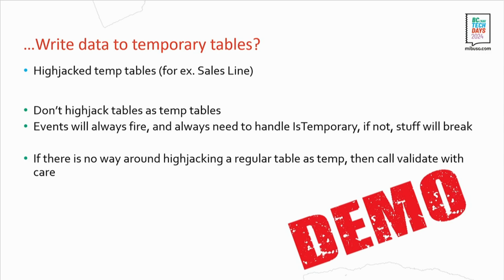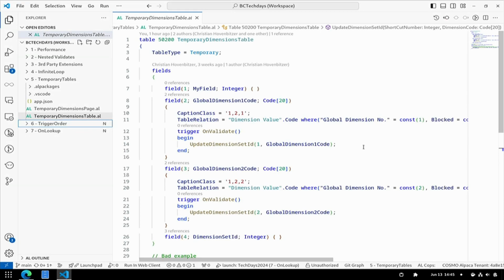So I found a very innovative example of the use of hijacked temporary tables, the sales line. I came across, not too long ago, like that week before, someone used a temporary sales line record to calculate sales prices, where they just validate quantity and the item number, and extracted the resulting sales price out of that, which did not go too well, as you might imagine, but it somewhat illustrates why you shouldn't hijack tables as temporary. And I've also got a demo for that.